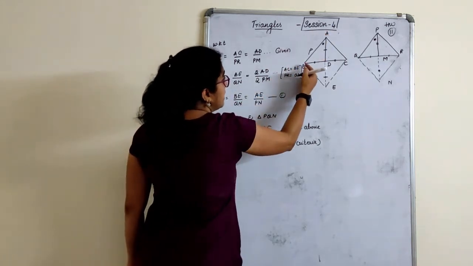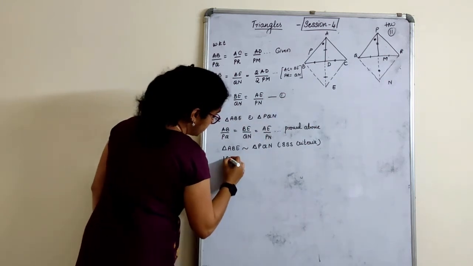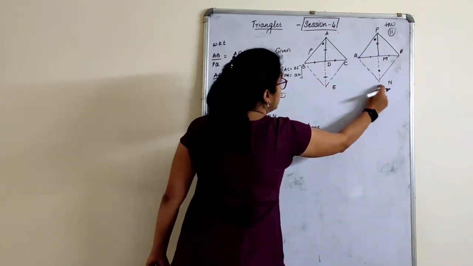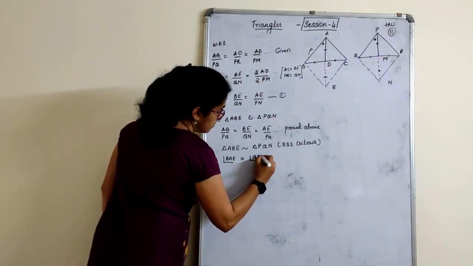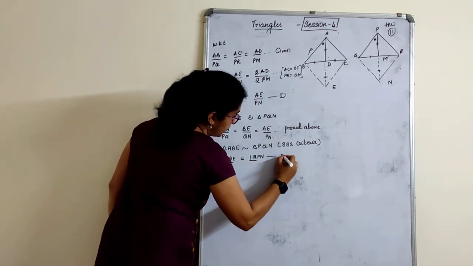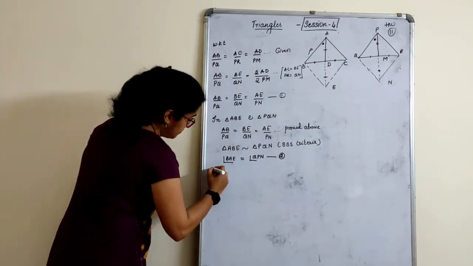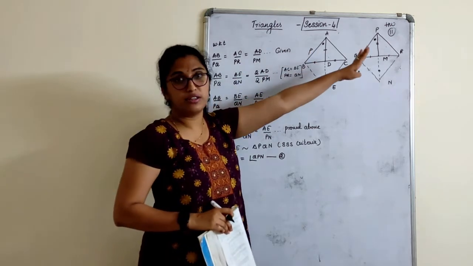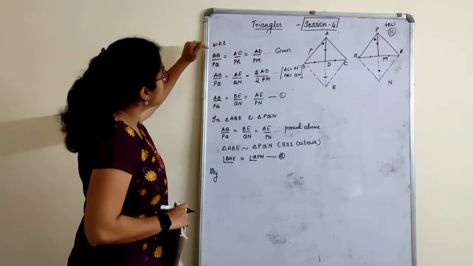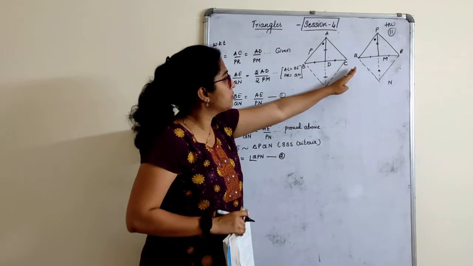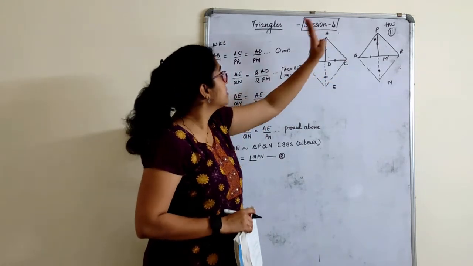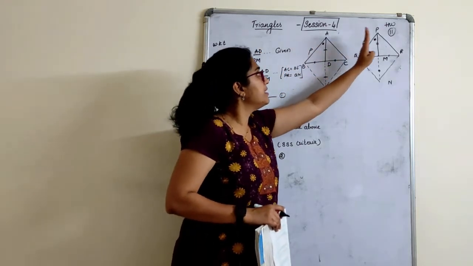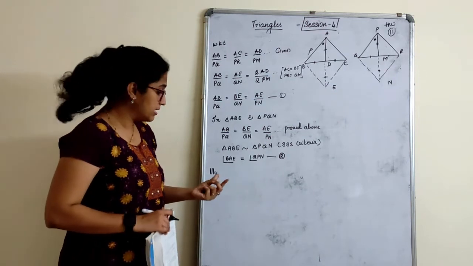Angle BAE is equal to angle QPN. Keep this as it is, equation 2. Similarly, now how did I use this, children? Same thing. If I repeat it for this side, I'll keep this. Now what I do is AB upon PQ is equal to this, I will choose this side. AC by PR is there. I'll again use the same trick and prove that these two triangles are similar. Can I do that?